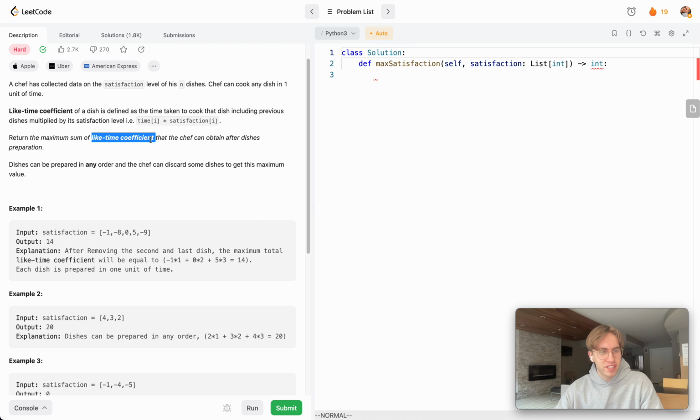In this case, the like time coefficient is just the index multiplied by the satisfaction ratio. The index here is 1-based, so it'd be 1, 2, 3, 4, 5. Say you're trying to find the like time coefficient of just one of these values, like this one, it would be -8 times 2, okay? But you want to maximize